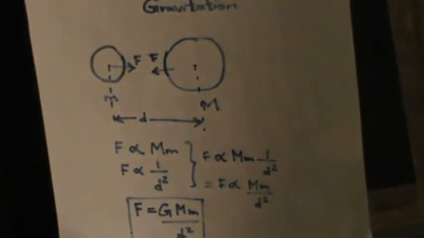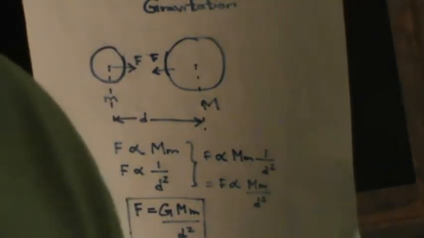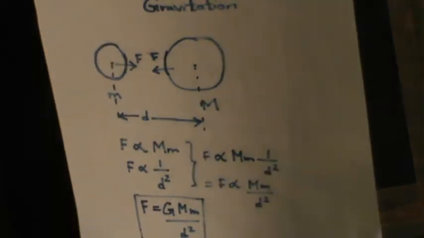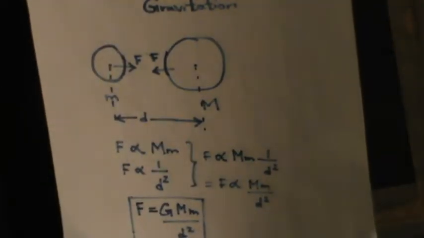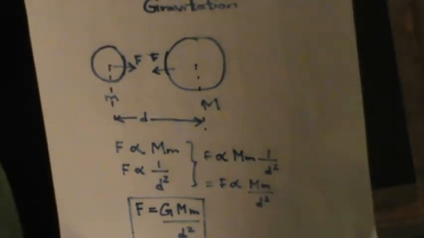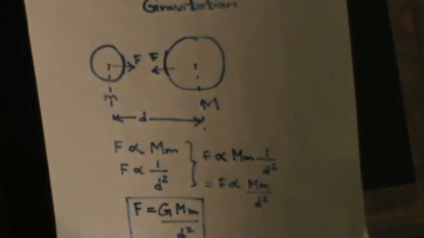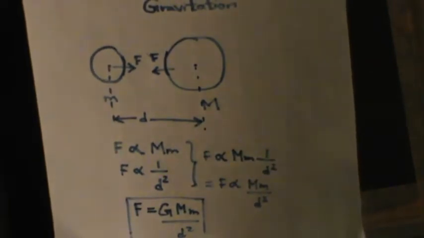Okay guys, welcome back. In the last video I talked about a relationship between the gravitational acceleration and the distance. I talked about a simple example in which we calculated the gravitational acceleration of the moon as compared to that of the earth. So that was a simple example. In this video I will be talking about another concept in gravitation, which is the gravitational potential energy. Alright, so the topic is